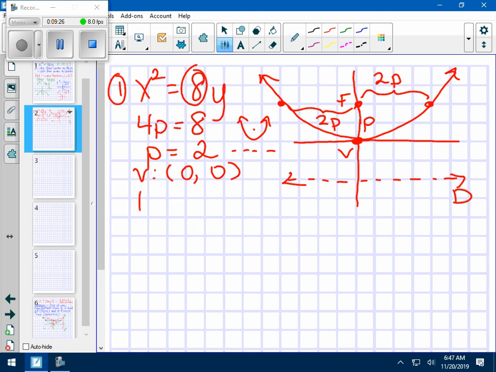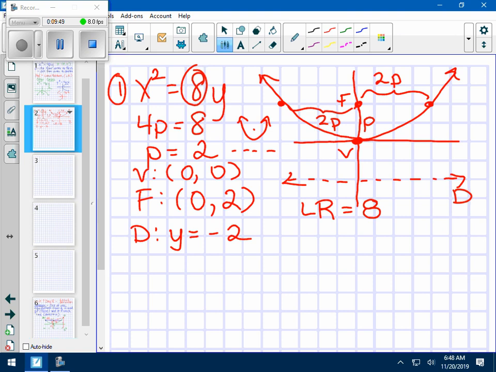So really quickly here, the focus of this particular parabola, because these are things we'll be asked to identify, would be the coordinate 0, 2. The directrix has the equation, let's say it's a horizontal line down 2 units, so y equals negative 2. Okay. And finally, if we want to talk about the LR, the latus rectum has a length of 8 in total. That's the total length of the segment that connects those 2 points,